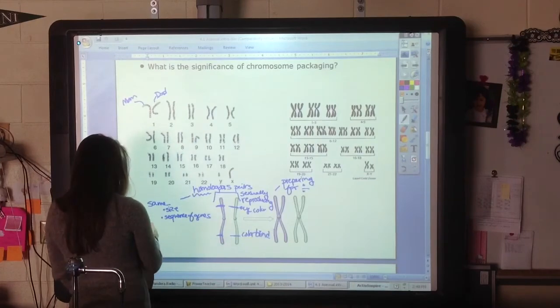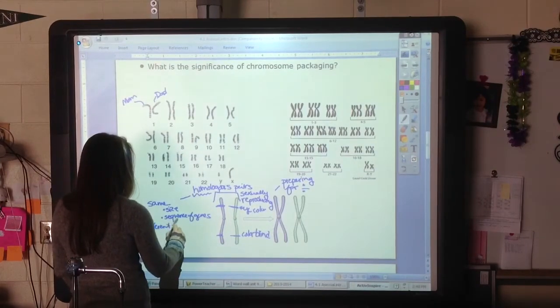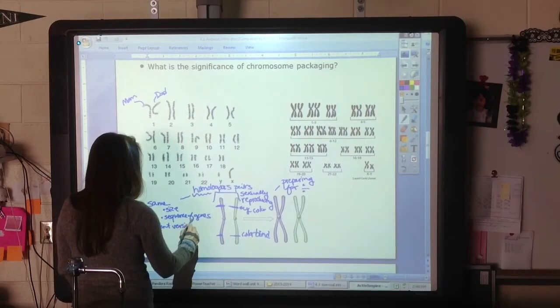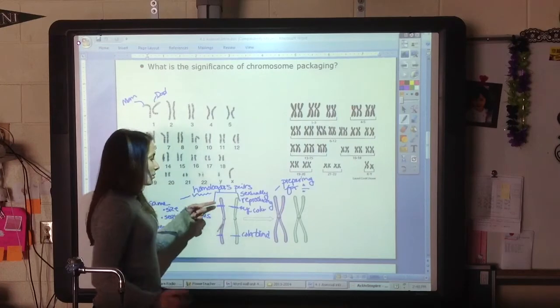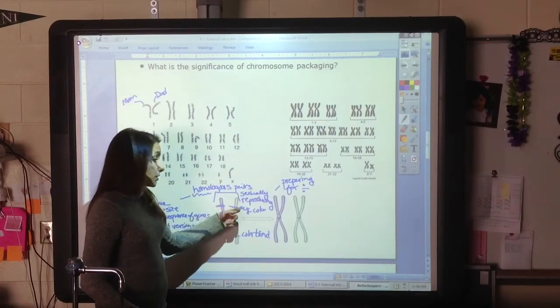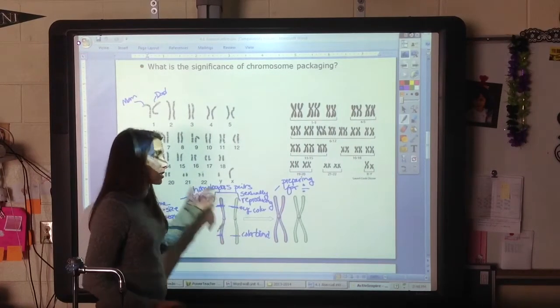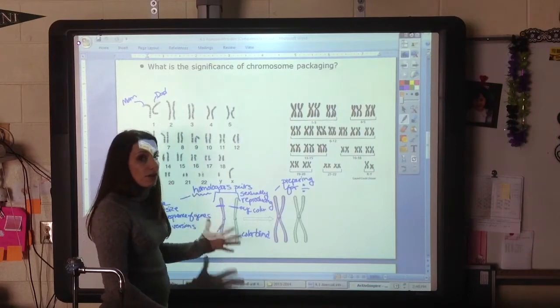They may have different versions of the gene. And again, we'll get more into this later. But we might have a capital letter and a lowercase letter, if you remember alleles. What you need to know for right now